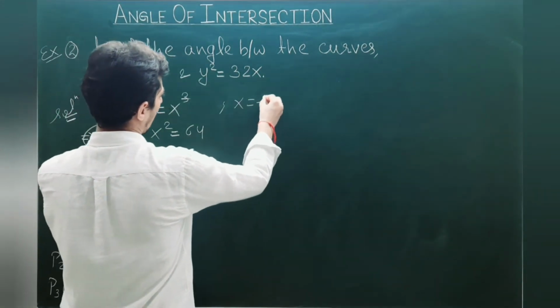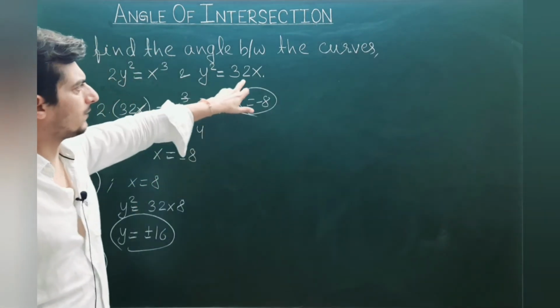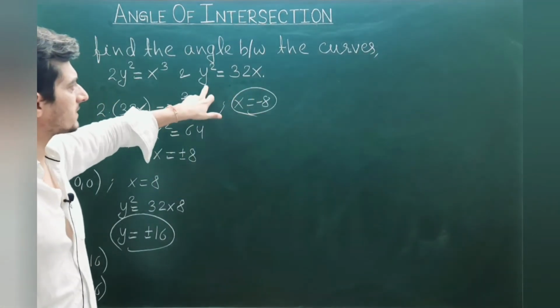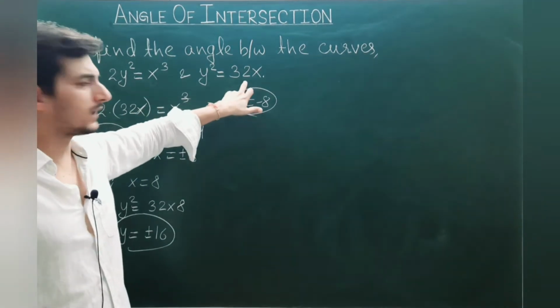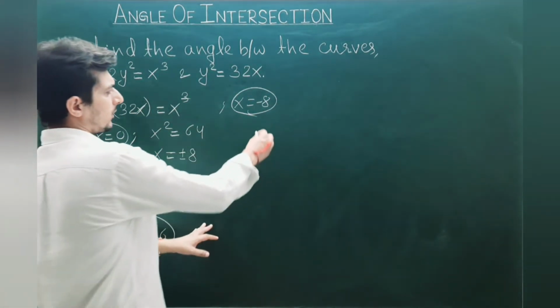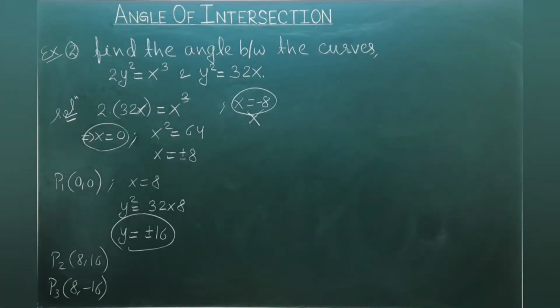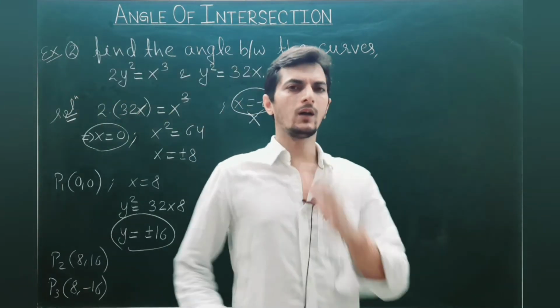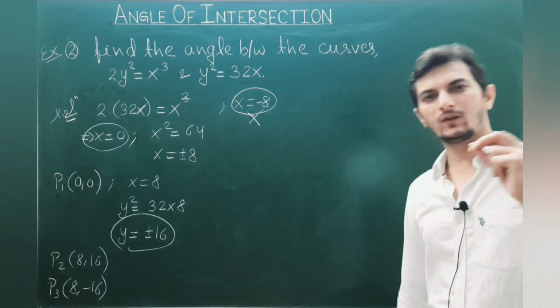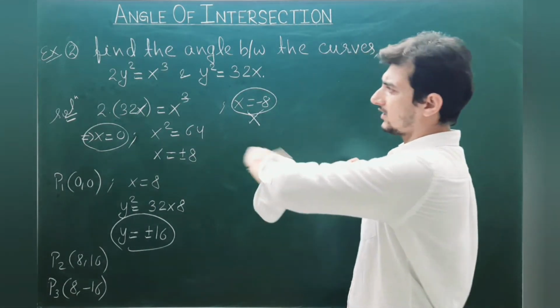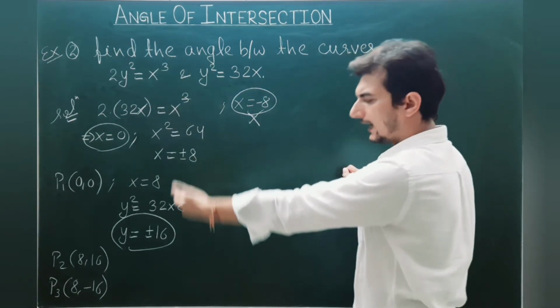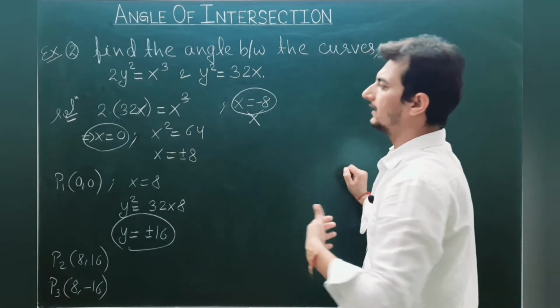Okay, so now corresponding to x equals minus 8, let's see what we have. When x is minus 8, here I am going to get minus 256, and on the left hand side I have y square. So y square equals negative, which is not possible. So corresponding to x equals minus 8, there is no point of intersection. So all over here I have 3 points of intersection: P1 0 comma 0, P2 8 comma 16, and P3 8 comma minus 16. Next thing you already know, we just need the values of derivative or the slope of tangents corresponding to the curves C1 and C2, and you can simply get it from these points, right?